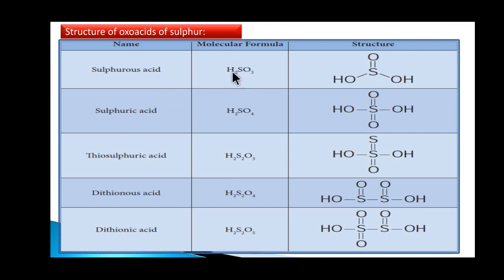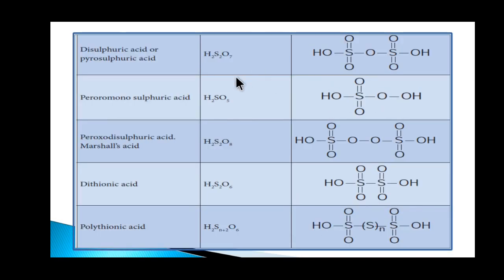For example, H2SO3 is sulfurous acid, H2SO4 is sulfuric acid, H2S2O3 is thiosulfuric acid, H2S2O4 is dithionous acid, and H2S2O5 is disulfurous acid. These are the molecular structures. Already we discussed how to draw the Lewis dot structure. And other examples of oxo acids of sulfur,